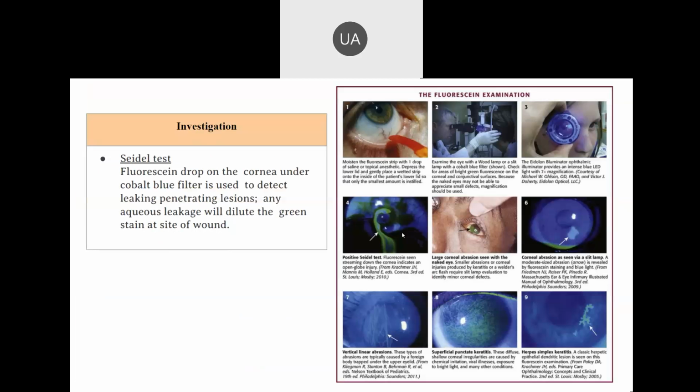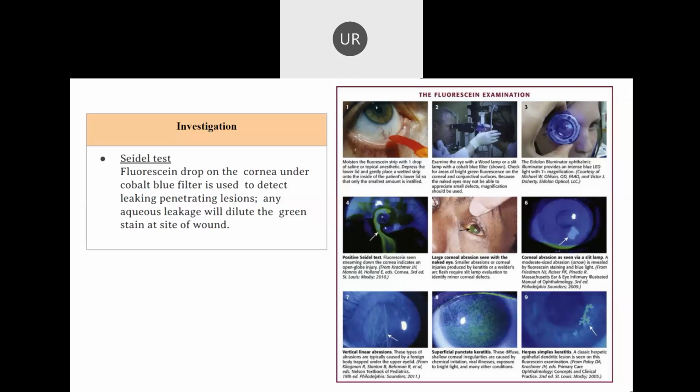Next. Okay, I will continue about the investigation and management. The investigation for corneal ulcer: the diagnosis is made based on the clinical findings of a corneal epithelial defect that stains with fluorescein and is accompanied by surrounding infiltration, with or without a hypopyon or necrotic slough at the base. So therefore, a slit-lamp test is done,